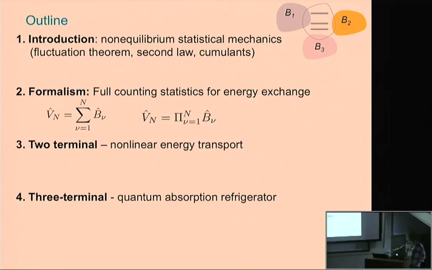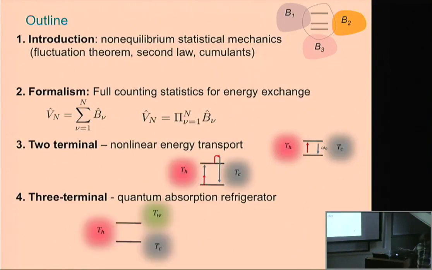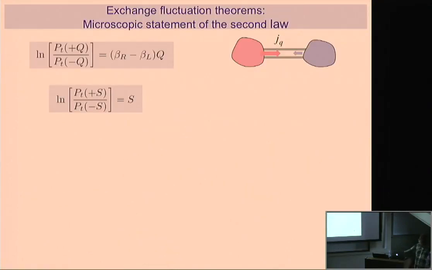Then we are going to describe two applications. Energy transport, very similar to what Chao had in the morning, and the three-terminal problem, which is the main application, the quantum absorption refrigerator. Yeah, okay, so just to begin with a brief background, what we need: exchange fluctuation theorems. We are going far from equilibrium, and the nice result here, I should have said, is in steady state. The probability function to transfer an amount of heat Q against the temperature difference: we do have a finite probability for that, but it is exponentially suppressed.